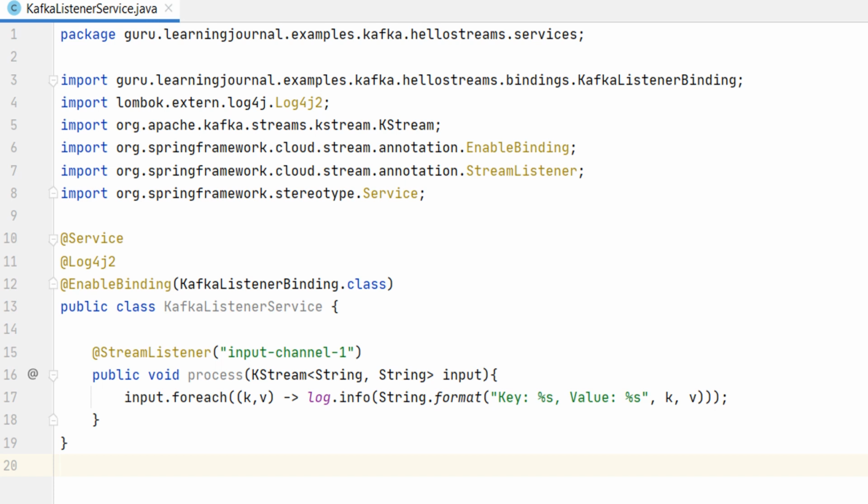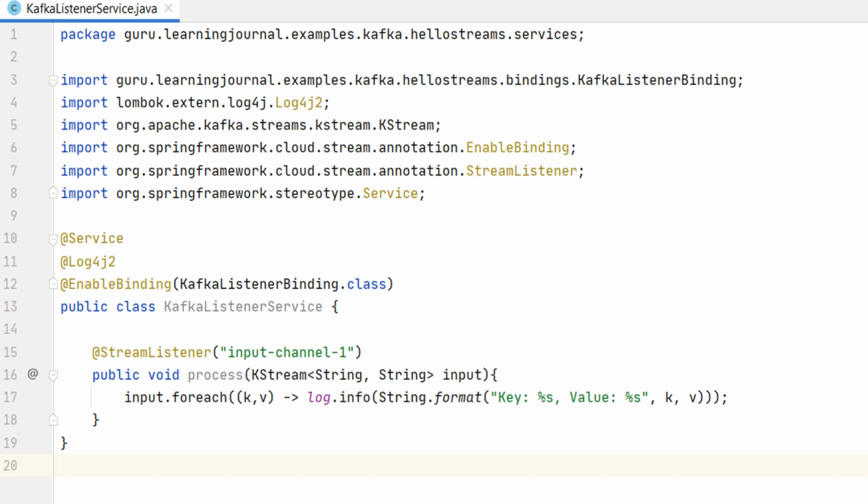So the point is straight. We will be leveraging Spring Cloud Stream Framework for communicating with the Kafka. Spring Framework will make the data available to us as a KStream or as a KTable. Once we have the KStream or KTable, we will be using Kafka Streams API to process the data. That's how the responsibilities are divided. Spring will take care of all the Kafka cluster interactions, and the Kafka Streams will help us in implementing the business logic.